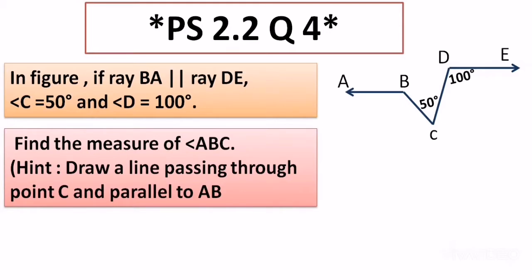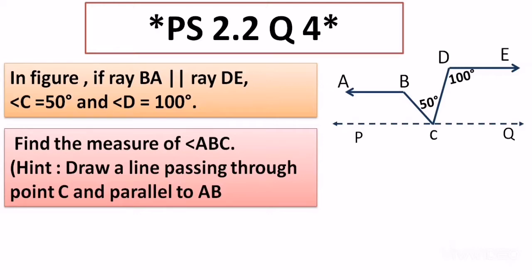Okay, so for your kind information, the hint which is mentioned over here can or cannot be given in the exam. It depends, but you have to remember that while solving this sum we have constructed a parallel line, the way it is asked in the hint, right? So it says draw a line passing through point C, and that should be parallel to line AB or ray AB, right? So here is that line, and name it as PQ, that passes through C and is parallel to AB, right? Now once the structure is clear to you, we can go ahead.